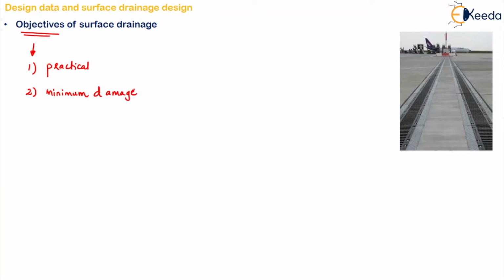facilities that are there. Okay, the next objective is that the surface water should be collected and removed in such a way that very least interruption is caused either to your normal traffic, or subsoil is not saturated and damage to the airfield facility is not caused. So we have to make sure we take care of all these things.